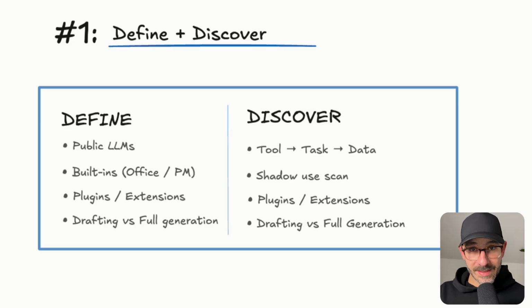The second part, discover where it's already happening. Surface shadow AI, or in other words, unvetted use cases across teams. So public LLMs, plugins, Word, browser extensions, and everything else that you didn't approve. Create a baseline register, which should contain tool, task, and data touched, and mark each entry with a provisional risk tier, low, medium, high, to feed the rules in the next steps. Until scope is defined, and until you surface at least some of the shadow AI use and put it in writing, there is no policy.